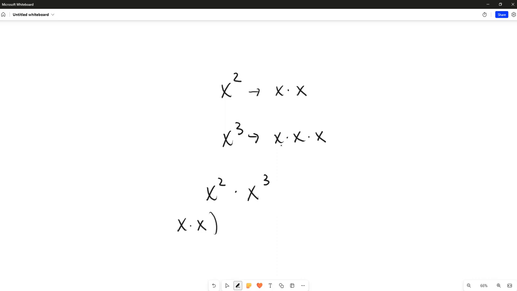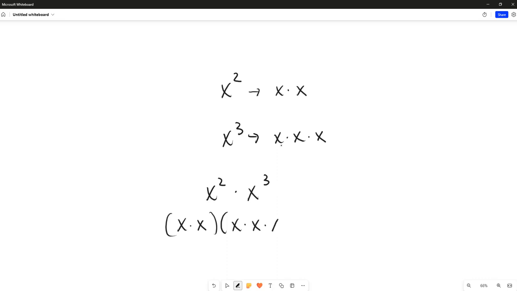All right, so remember that definition of x squared is x times x, right? X cubed is x times x times x. And we know that if we were to say x squared times x cubed, that would be the same as saying x squared times x squared